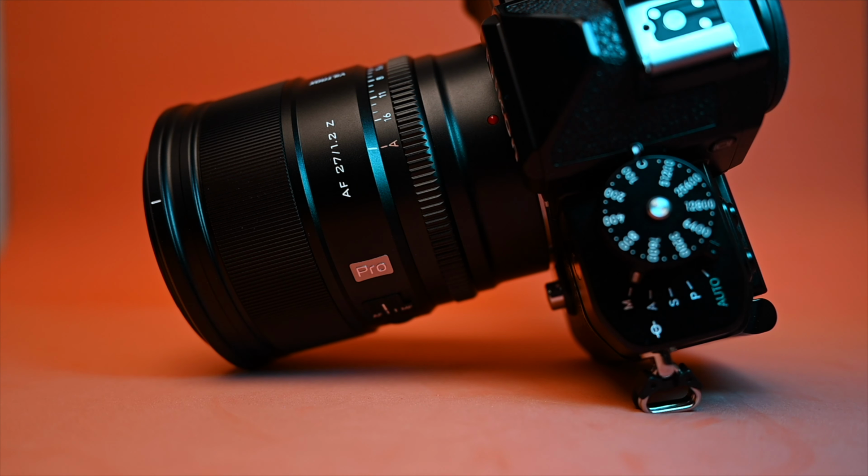Now, ergonomics for the most part wasn't much of an issue using this camera. However, because I was using Holdfast straps, and a little bit more on that later, I'm going to talk about my personal issues that I experienced using this camera. This is probably vain, but I actually do enjoy the mechanical shutter sound on the Nikon Zf more than I like it on Nikon Z9, even though Nikon Z9 was my primary camera to shoot